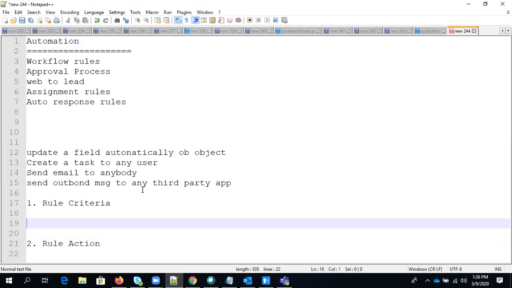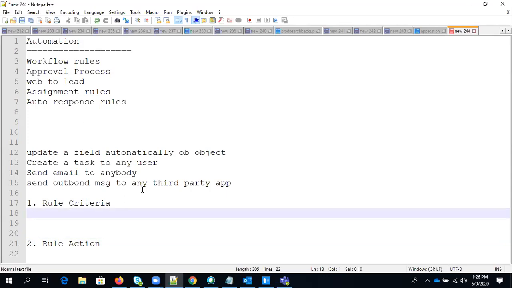So let's say I just want to create a workflow rule on the invoice object. If invoice amount is greater than 10,000, right? And this particular scenario we also have in our pharma project.